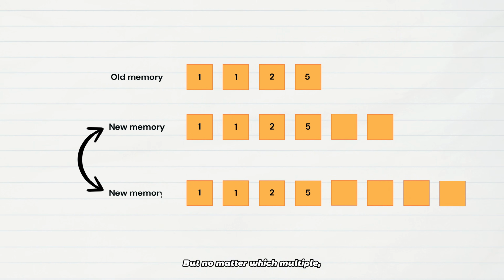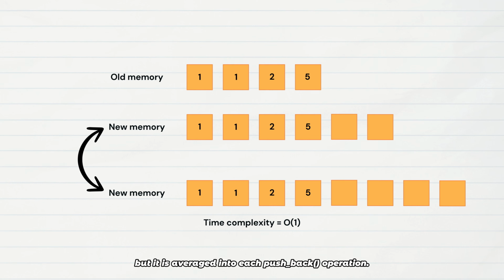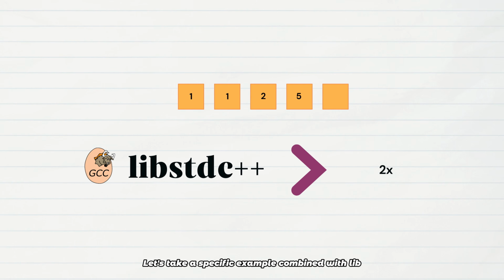But no matter which multiple, the core purpose is the same, to make the total number of copies linear and the amortized time complexity reach O(1). That is why when you use vector, usually you do not feel the cost of expansion and think it has almost no overhead. But at the moment of expansion, the cost is real, but it is averaged into each pushback operation. Let's take a specific example combined with